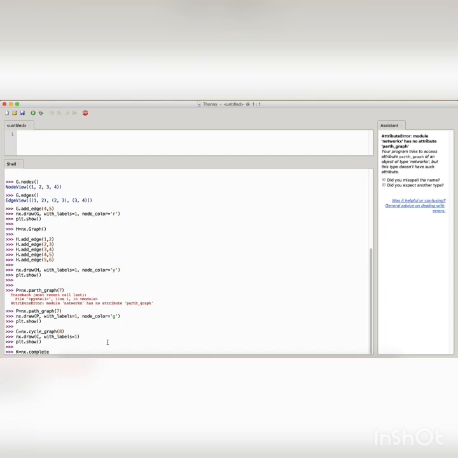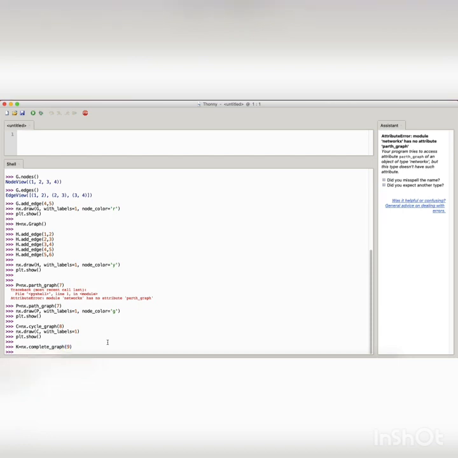As well as, we can create a complete graph also. Let's say our complete graph name is K. Here we want, suppose, 9 vertices. Our complete graph K has been created. Now it's time to visualize. Here you can see that our complete graph has been created with the help of an inbuilt function.